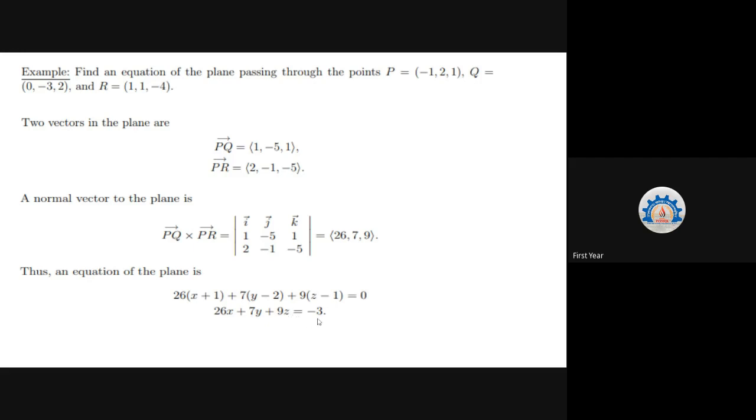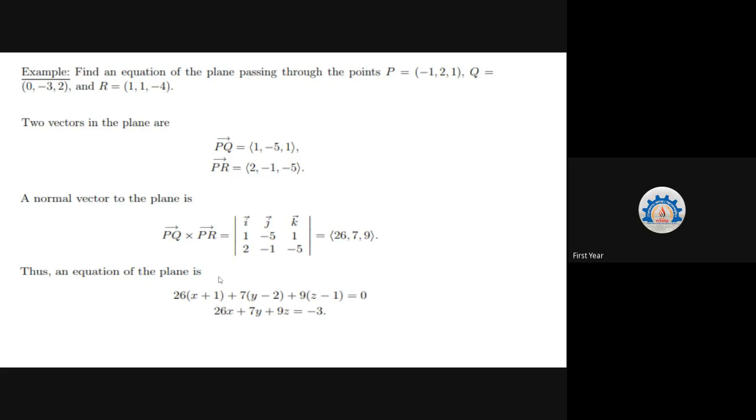That's why the general equation which Neeraj has written, ax plus by plus cz plus d is equal to 0, has a, b, c as the direction ratios of the normal to the plane, and d is related to the distance of the plane from the origin. Is that clear to everyone? If ax plus by plus cz plus d is equal to 0 represents the equation of a plane, then a, b, c are the direction ratios of the normal. He has shown this.